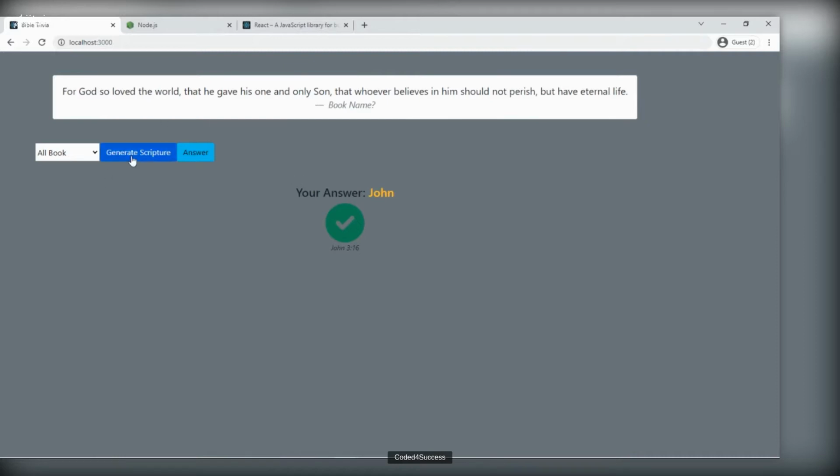And if you want to generate another scripture, you click the generate scripture button, and then you can also choose from where in the Bible the generated scripture will come from. So all book means it can either be the New or Old Testament, but if you want to limit it to the New Testament, you can click New Testament, generate scripture, and then that will get a scripture out for you. So this is another scripture,